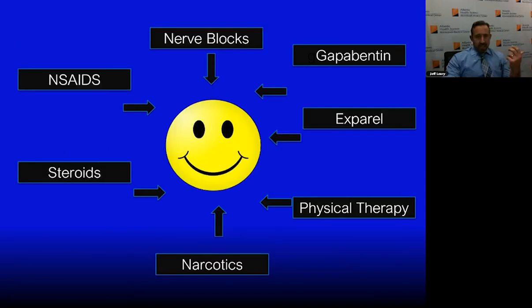The way we do that is we really hit pain from 8 or 9 different angles, between the use of nerve blocks, neuromodulators like gabapentin and Lyrica, different intra-articular injections, long-acting injections, use of Exparel, which is liposomal local anesthetic, early aggressive physical therapy and mobilization, narcotic sparing, high-dose steroids during the perioperative period, NSAIDs, things like that.